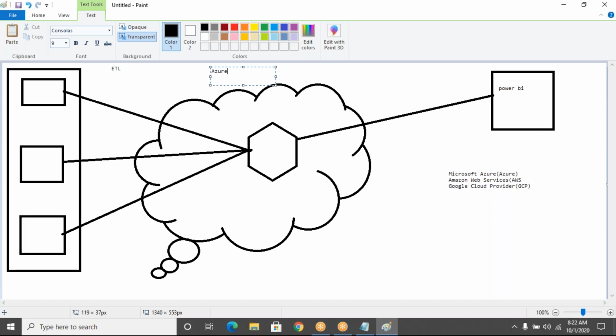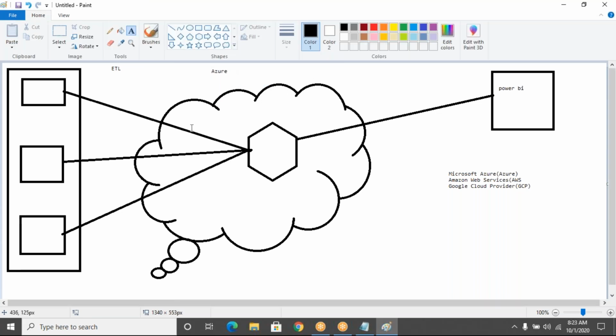Microsoft Azure has introduced a lot of services, nearly 200 plus, with minimal cost and better performance compared with Amazon Web Services. So most of the clients, Microsoft has a lot of clients, are migrating from on-premises to the cloud environment. That's the reason we have a lot of demand for Azure Data Engineer.